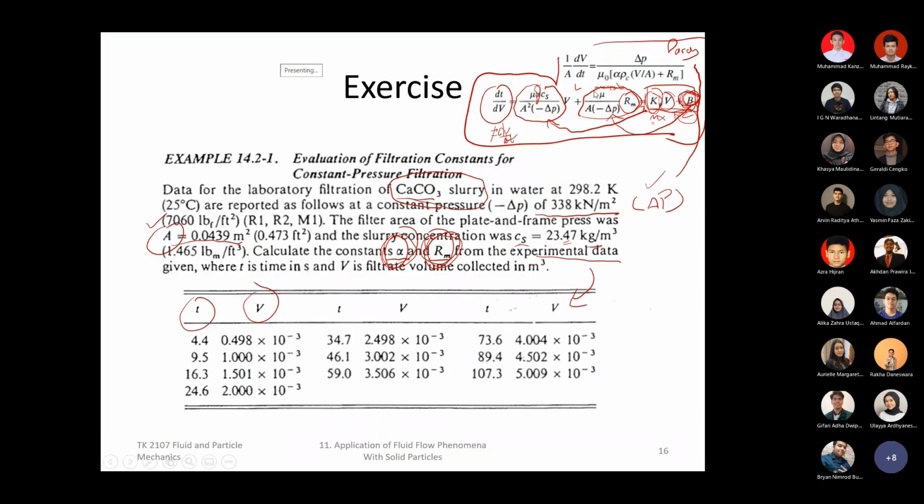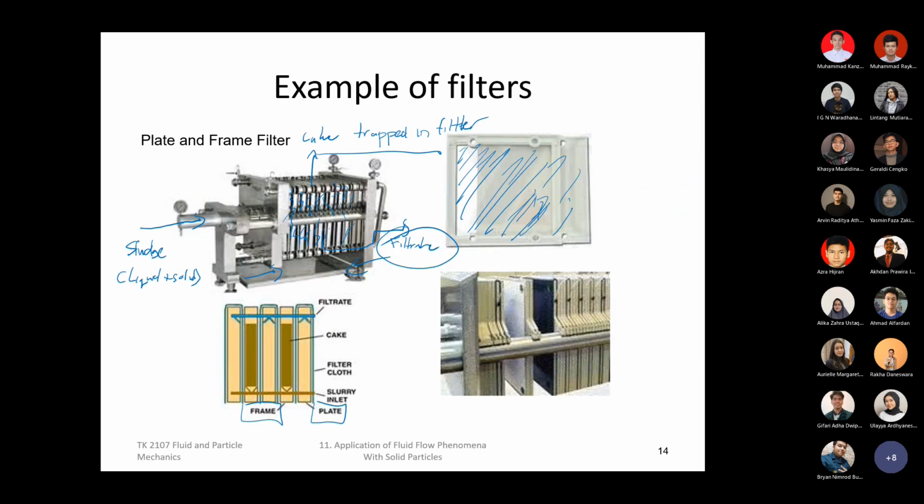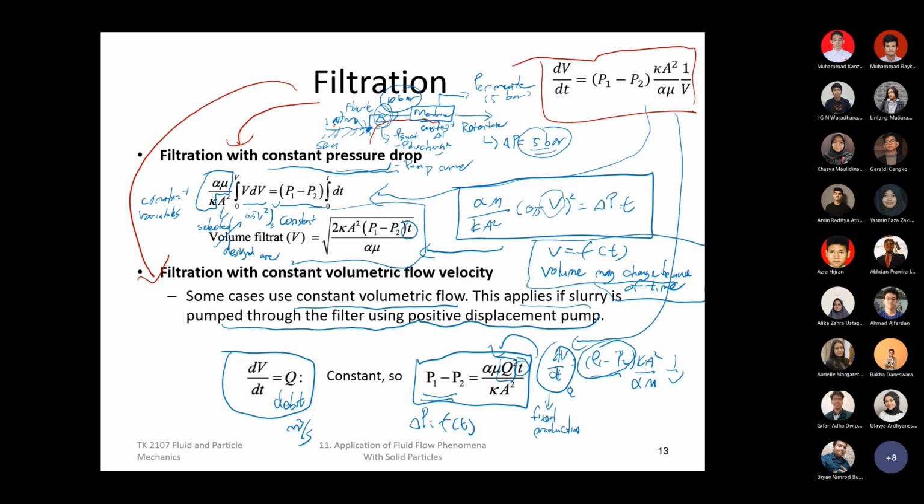So again, the main equation that you have to start for the filtration is the Darcy one over here: 1 per A dV per dt equals delta P over mu times (alpha PC, V per A plus Rm). If it's a regression calculation to find Rm or to find alpha, then this is the example. But that means you need to have the data for the dV dt profile, the data for surface area, and the data for the delta P. The other possible variants of the question are probably in this slide, slide 13.